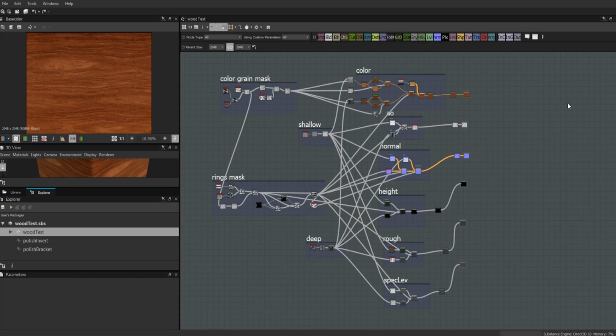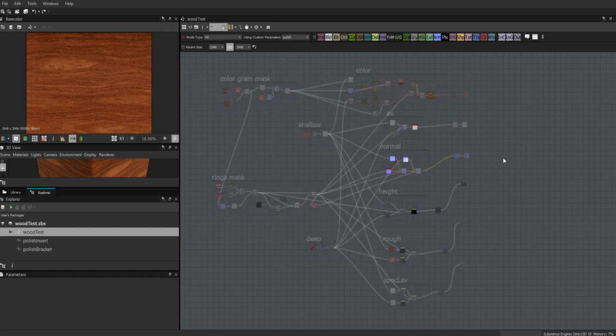And if we take a look at the material here in Substance Designer, we can see that it's actually just been created using these 4 masks, which we put some color onto using a gradient map, and then we create our various outputs. We only have the one input parameter that we're going to be using, and that means we're going to have to do a lot of adjusting and a lot of repetition,